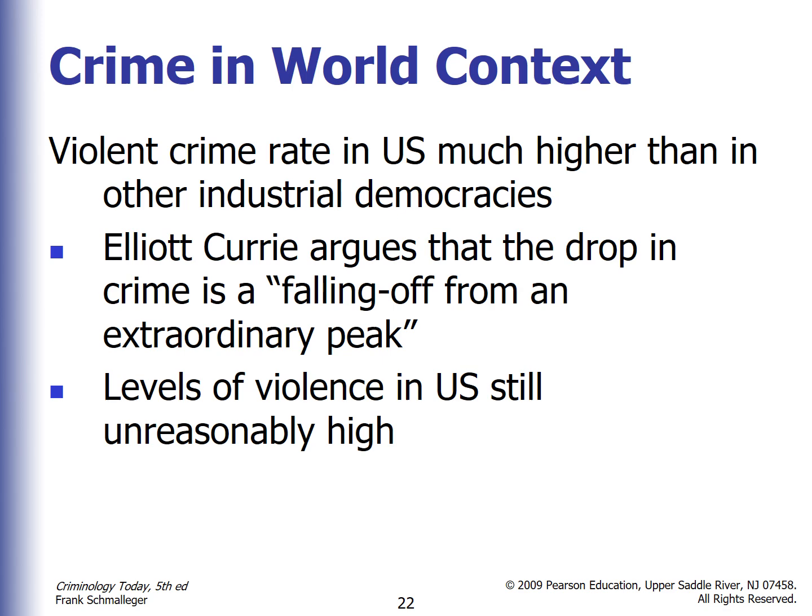Elliot Curry argues that the drop in crime is a falling off from an extraordinary peak. So the decrease in crimes that we saw over many years, which some people suggest has started to go back up, was that our crime was really, really high, and it was kind of coming back to normal, and that's why we saw a crime